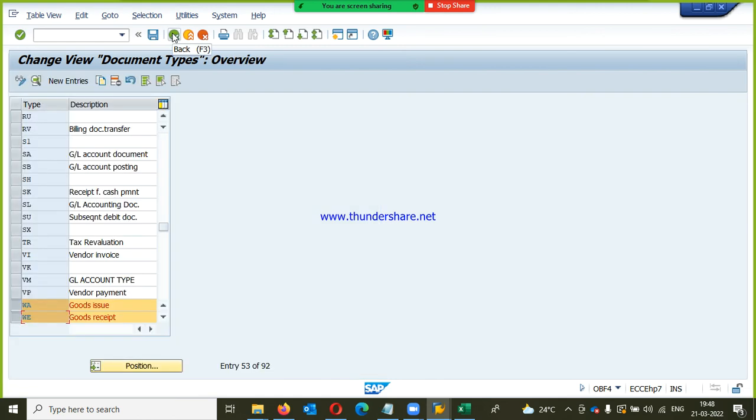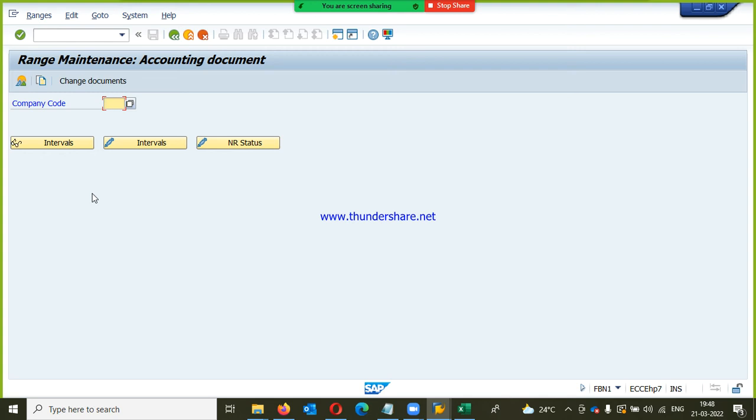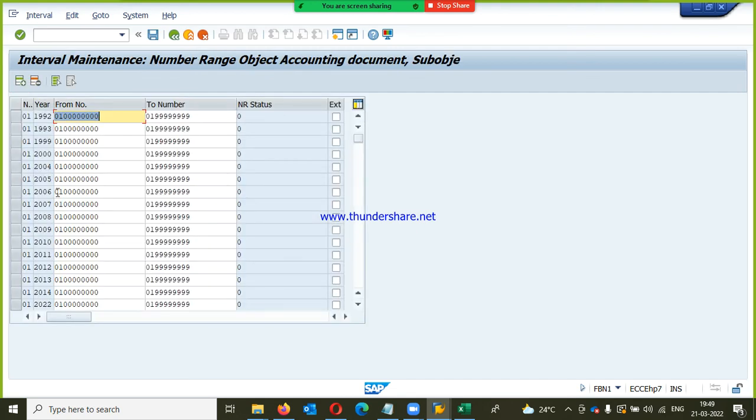Now for these document types I need to maintain the number ranges. For that, come back to this level and click on financial accounting number ranges. Here I need to input my company code. This is finance document number ranges. Okay, click on change intervals. Okay, these are the number ranges which are maintained in the system. If we go a little bit down,